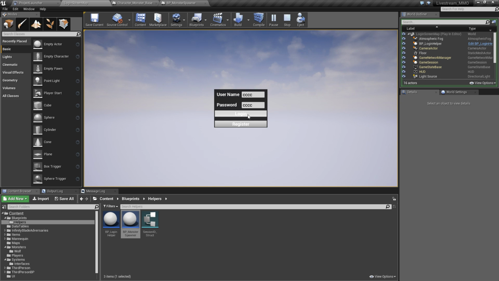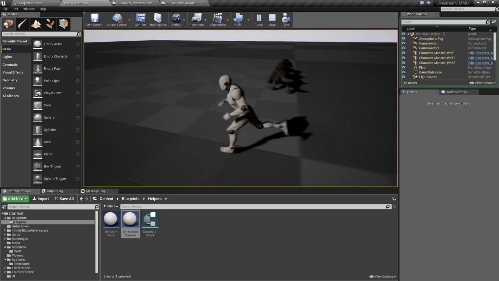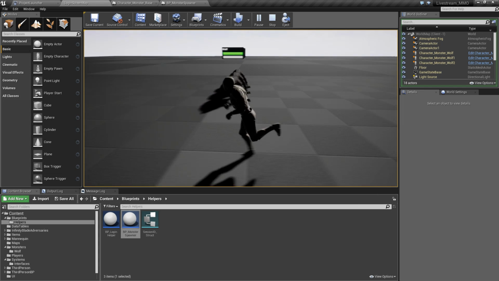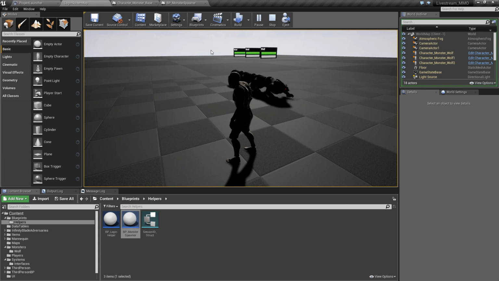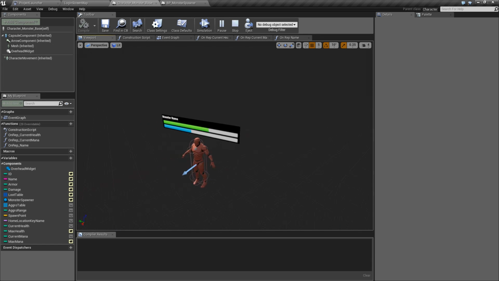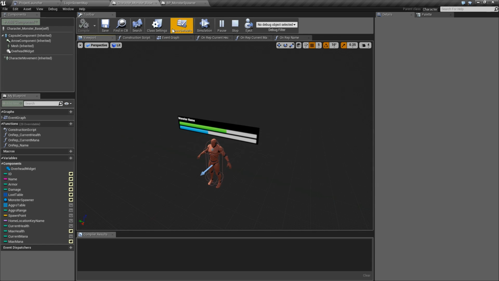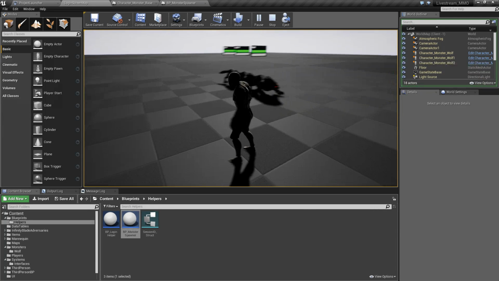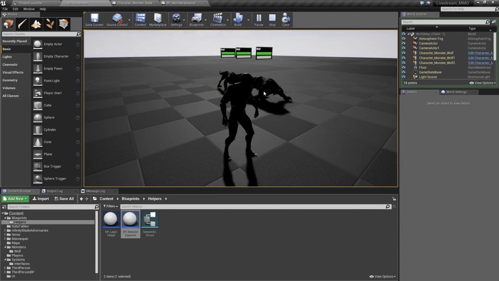Oops, that's the wrong password. This is what I was trying to show. So this is our UI right now that we have in the game. And as you can see, it is a fixed direction. It's a fixed direction because inside of our actual viewport, we have it facing there. Now, it's not that hard to have it change. We could just simply have it rotate to face where the player's at. However, because this is